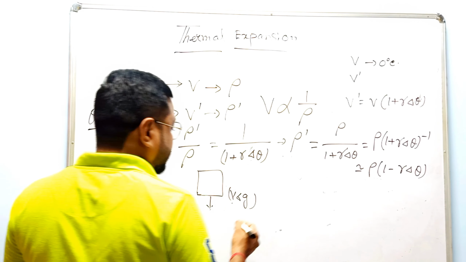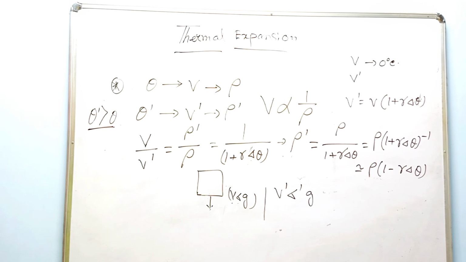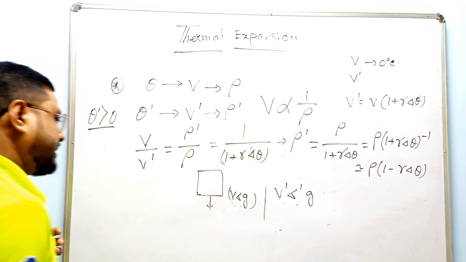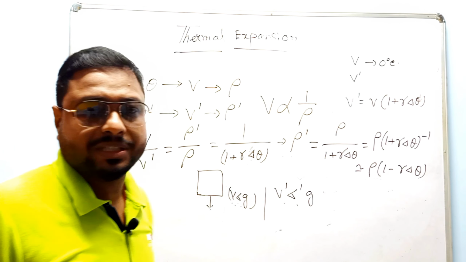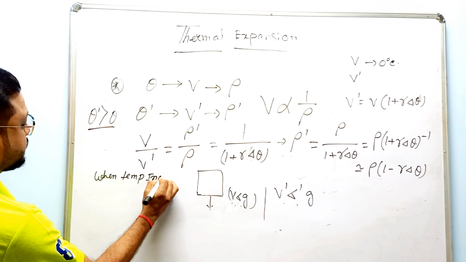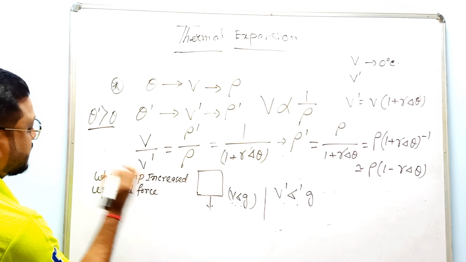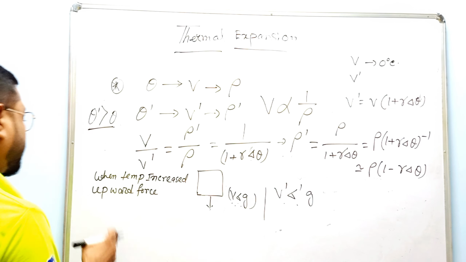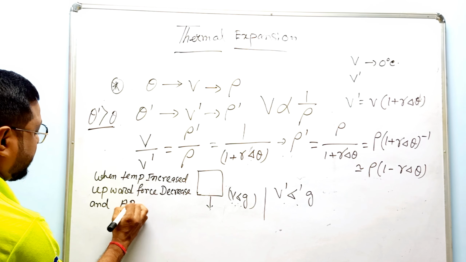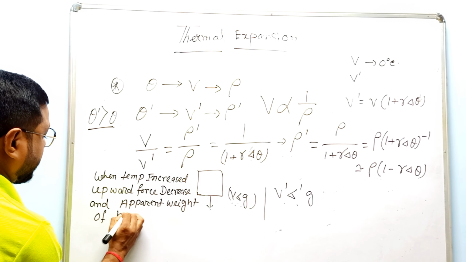Now if the temperature is increased, then V becomes V dash, sigma becomes sigma dash, and G stays the same. Comparing V sigma G and V dash sigma dash G, we can conclude that when temperature is increased, the upward force, the upthrust or buoyancy, decreases and the apparent weight of the body